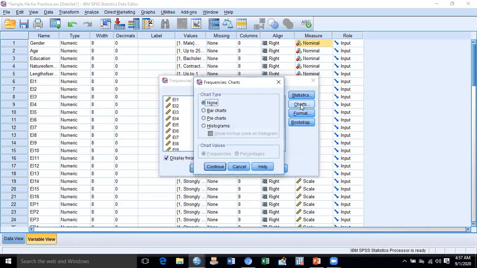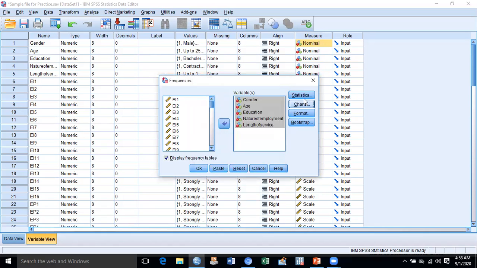We can also select the charts from here. I'm going to give you simply a brief of this software: bar chart, pie chart, and histogram as well. If I click histogram, I can also get the normal curve. If I require the curve of histogram, I can also get the curve here.